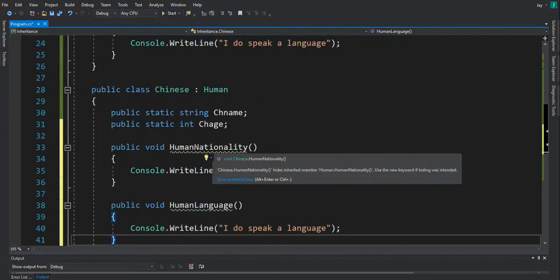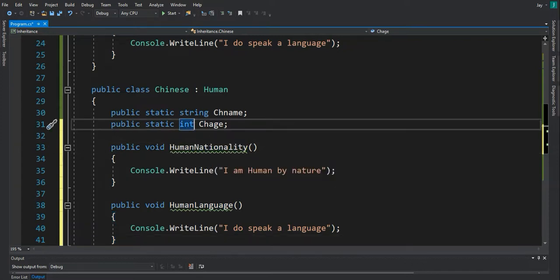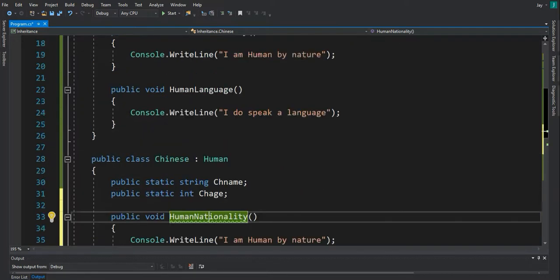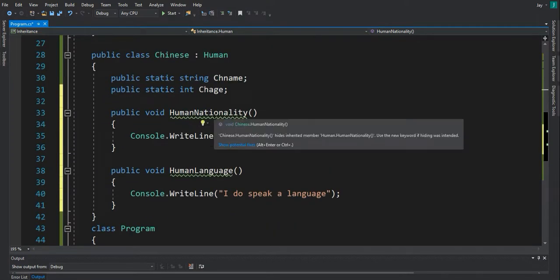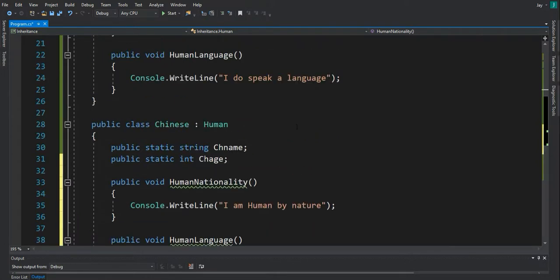So in here, I can just use something like Chinese. I probably wouldn't need to change this, but because we have this same method in here, it's kind of hiding it. If you see what the compiler says, Chinese.HumanNationality hides inherited member HumanNationality, use the new keyword if hiding is intended. So because I want to hide,